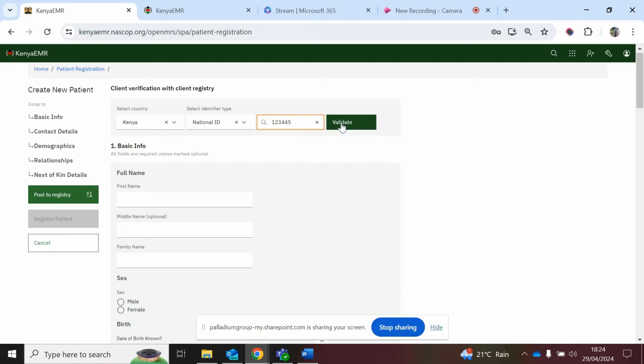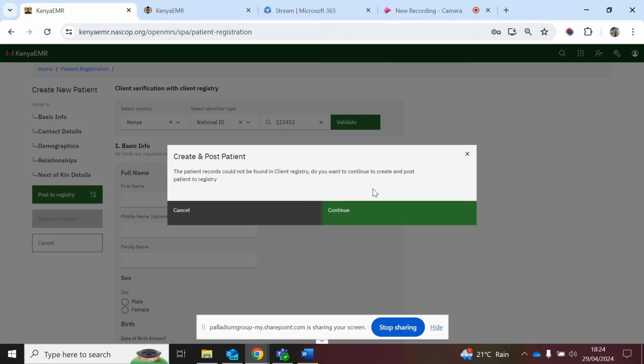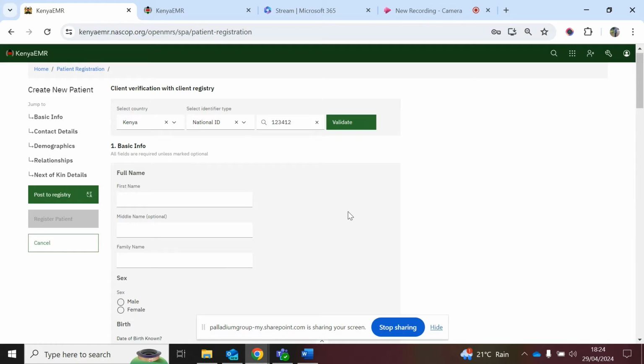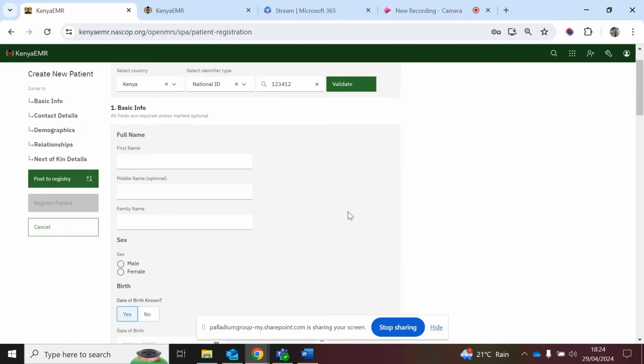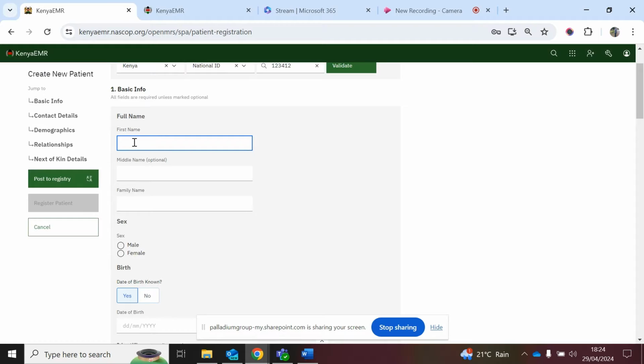The next scenario is where you find that a client does not exist. When you validate using a number of a client who does not exist, this is what you'll see. The system asks whether you want to continue to create and post the client. When I click on continue, it allows me to record the name of my client,